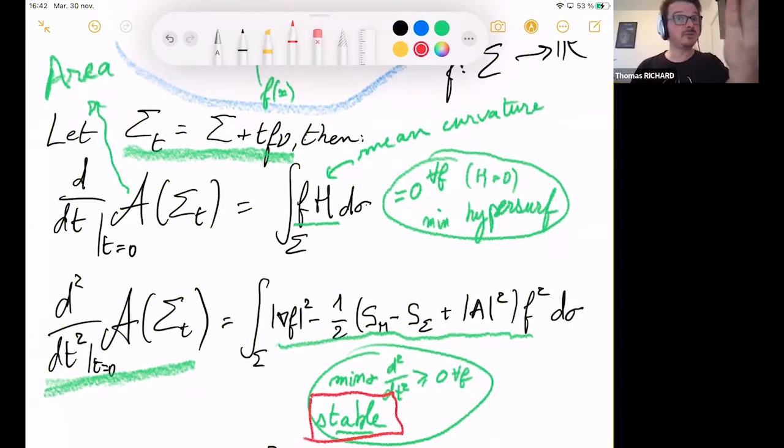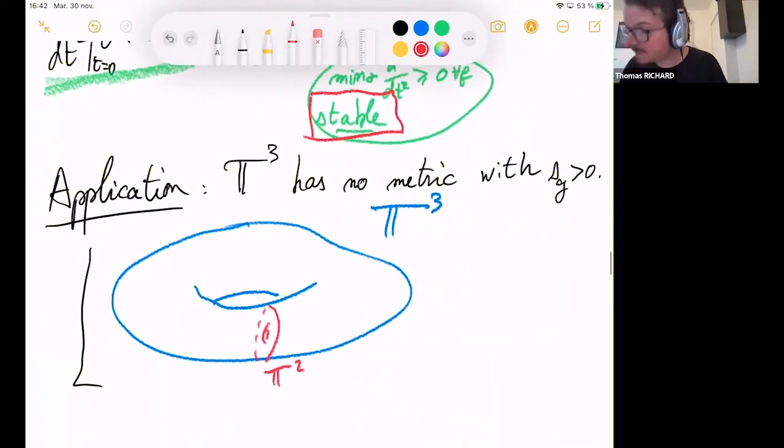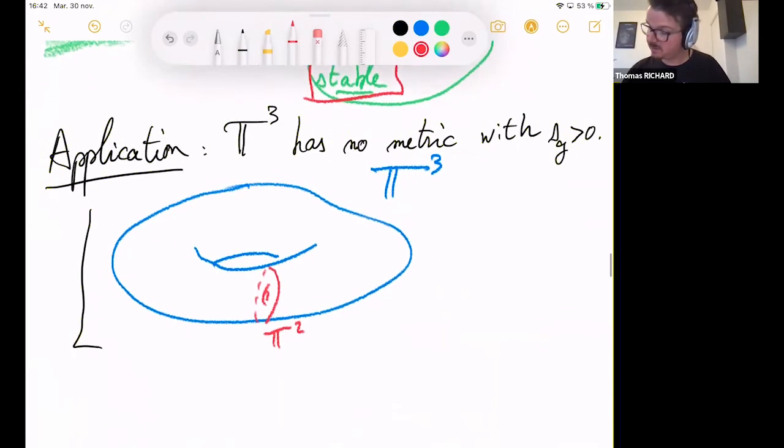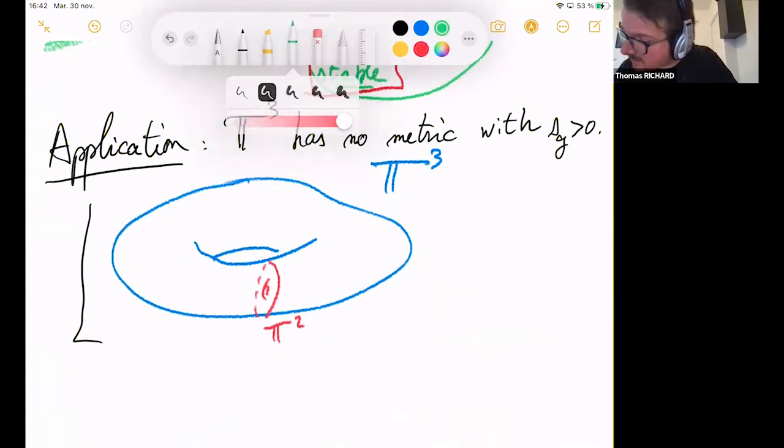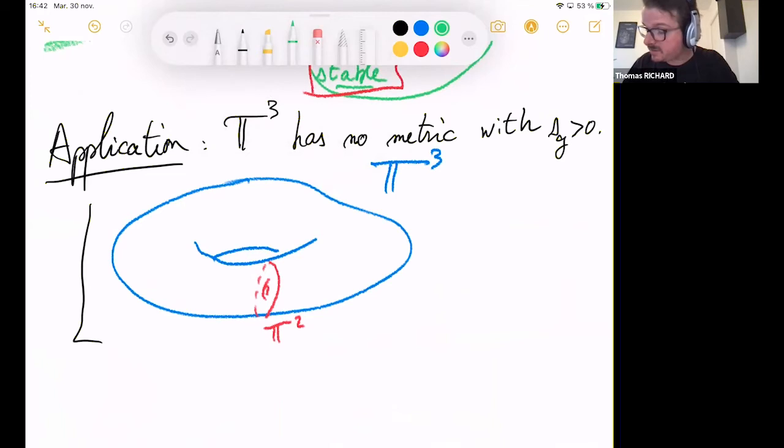And this is useful because when we compute this second variation formula, the scalar curvature of M and the scalar curvature of the minimal surface appear. So that will give us some information. Let's see how we can use that. Okay, so let's see how we can prove with that that T^3 has no metric with positive scalar curvature. Let's assume that I have T^3 with some metric g with positive scalar curvature, and I can look at T^2